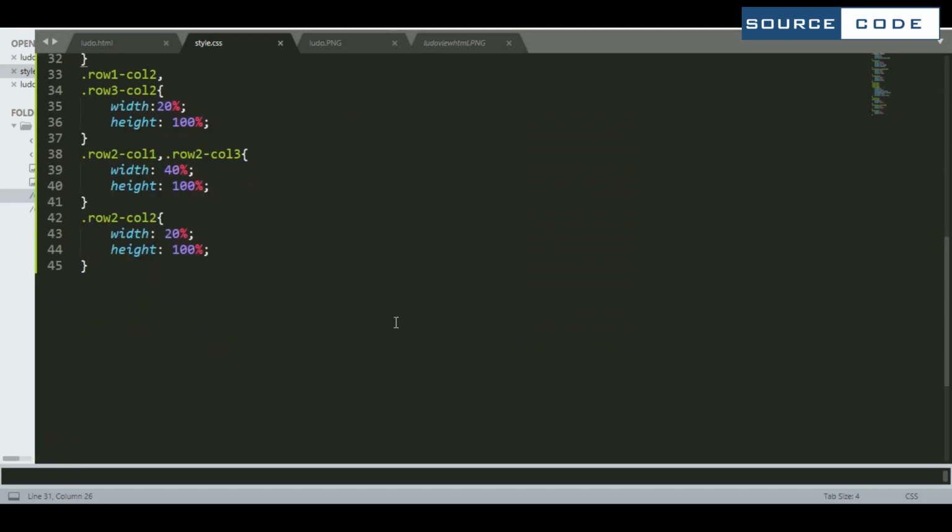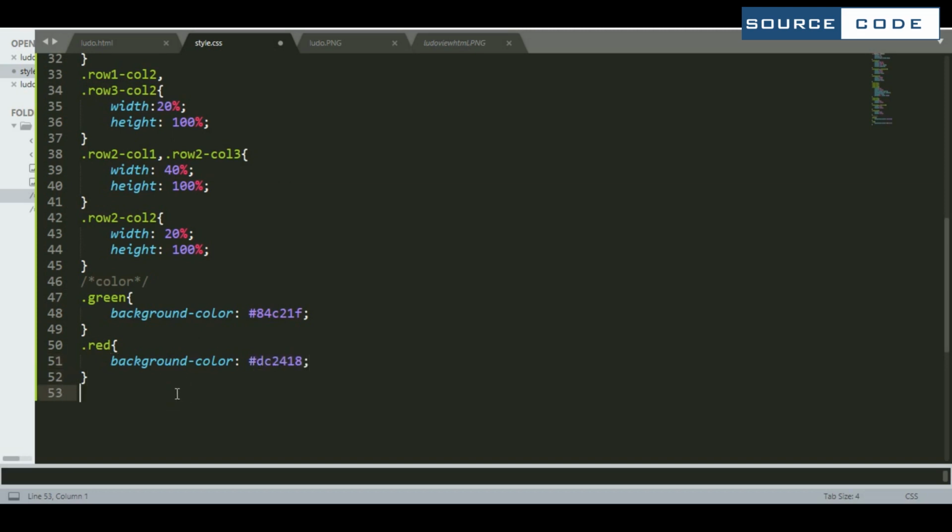So here I'm going to make some color boxes. So first of all, make one class in green and take the background color here. For the red one, now come for the blue.